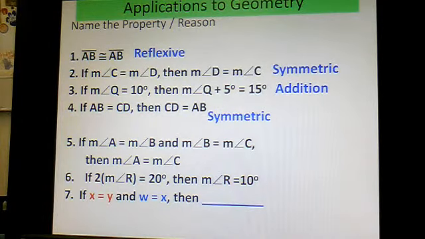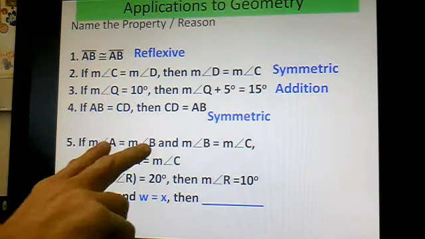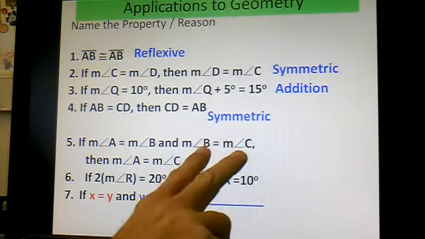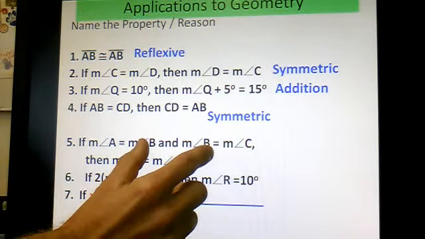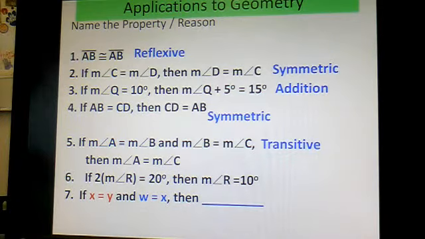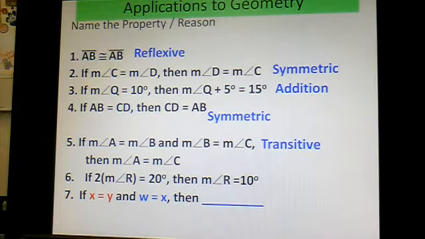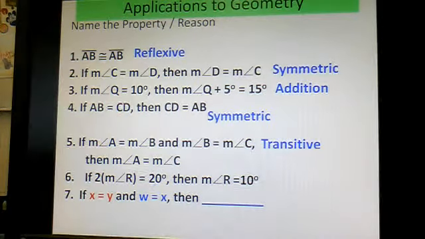The fifth one, and you may have to look at this thing, I've got angles on here. Angle A is equal to angle B. B is equal to C. And then it's obvious if these are both equal to B, then they're equal to each other. It's called the transitive property when you're comparing usually 3 or more things. And you're kind of jumping across to the last equation. And the last one,